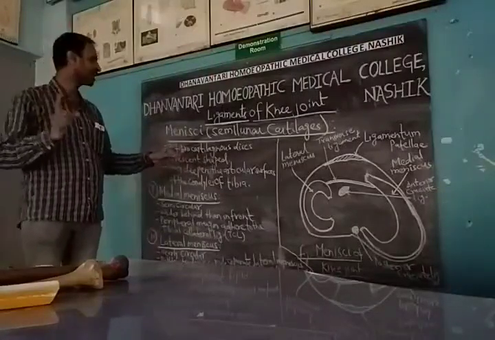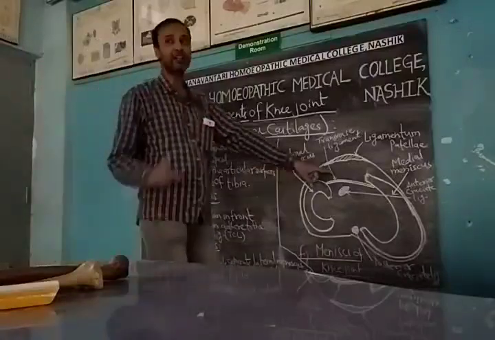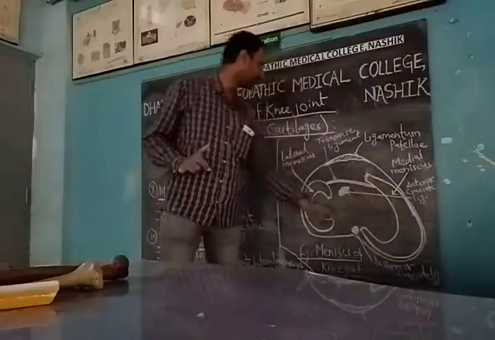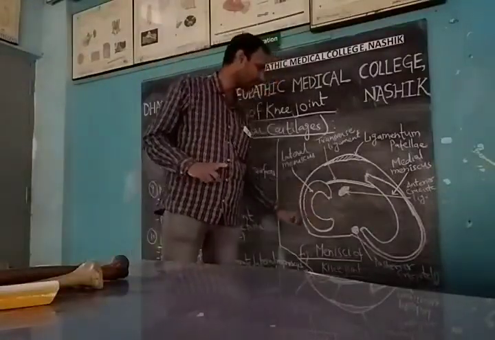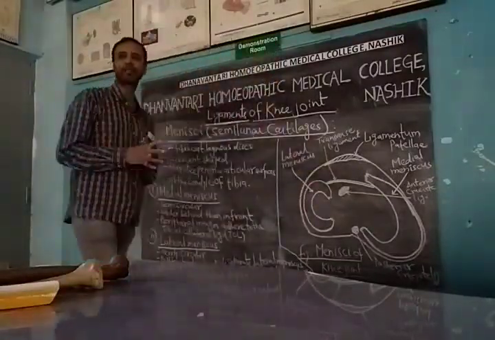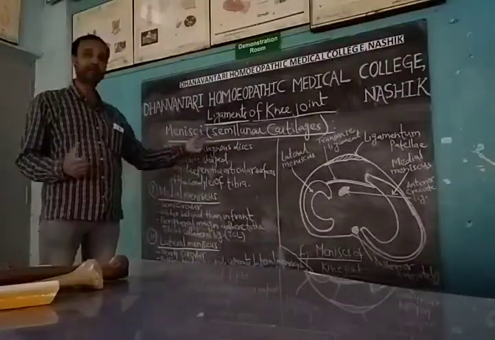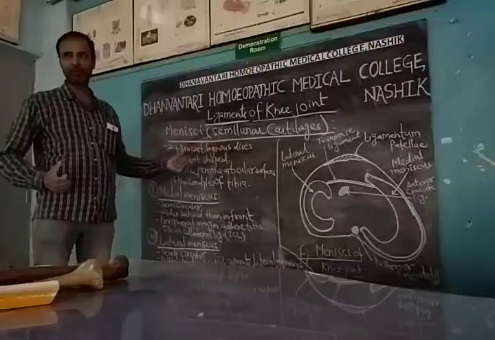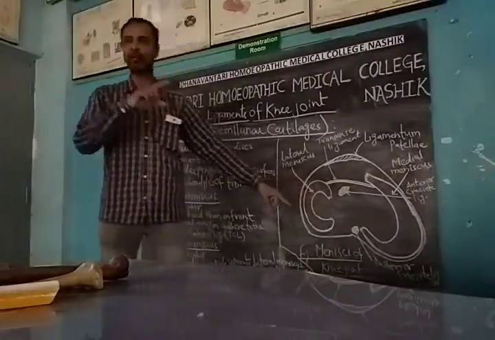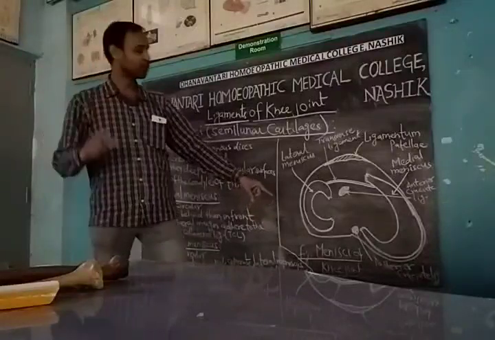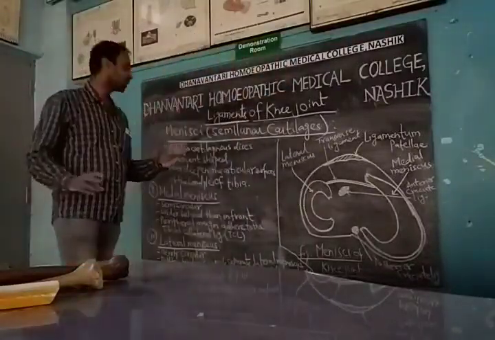This is a fibrocartilage. Both the menisci are semicircular. So these are semilunar, half moon like. These are the two menisci, and they are made up of fibrocartilage. One point we have seen. Then the shape: as I have said, it's semicircular or semilunar, half moon like. Therefore it's a crescent, so these have a crescent shape.